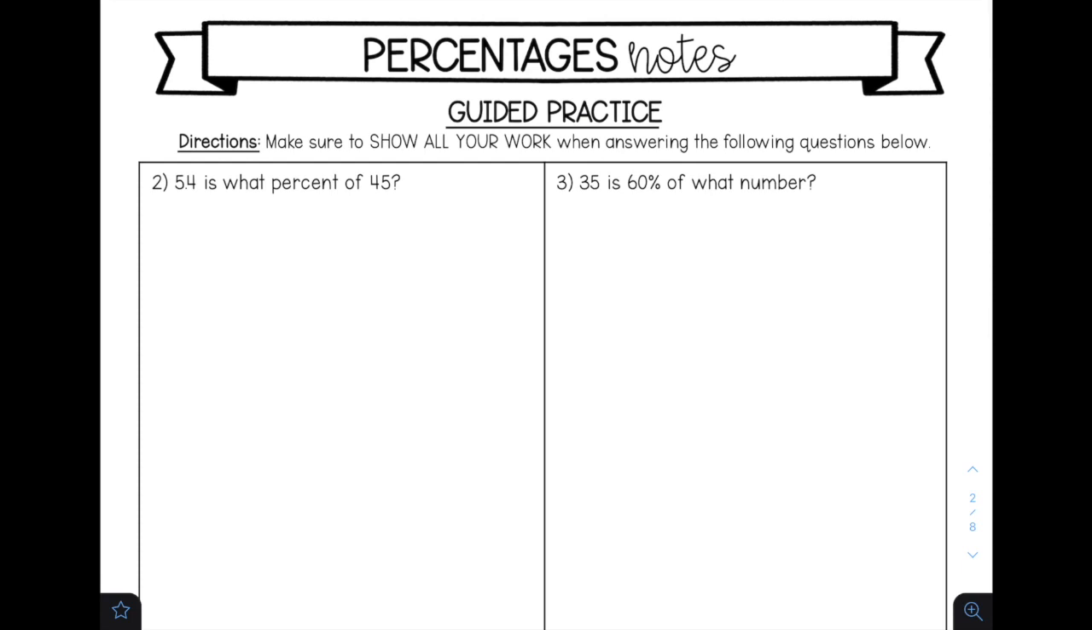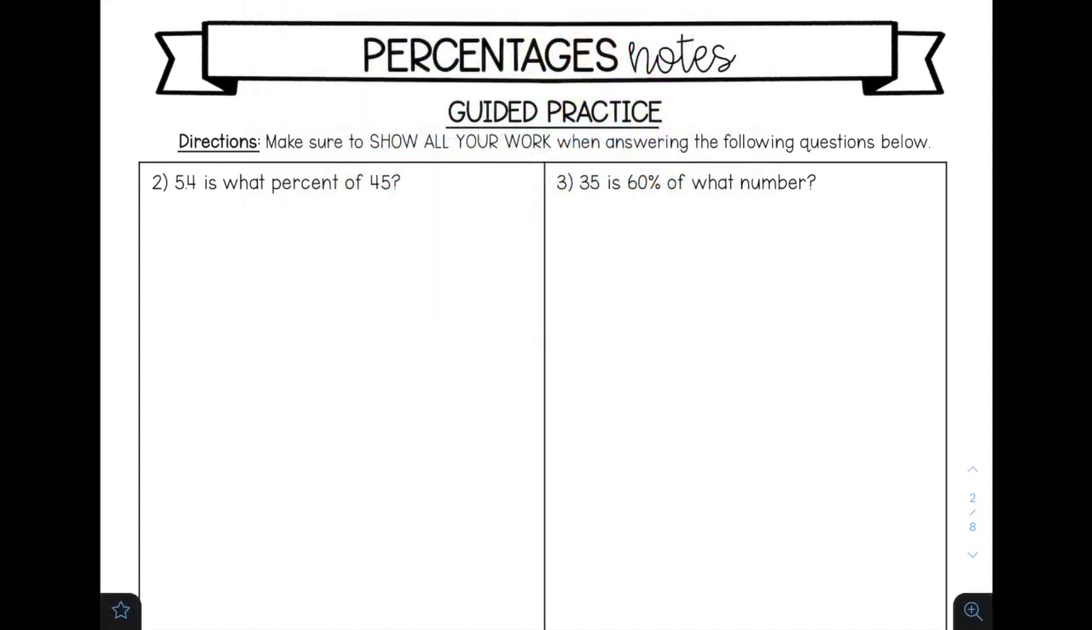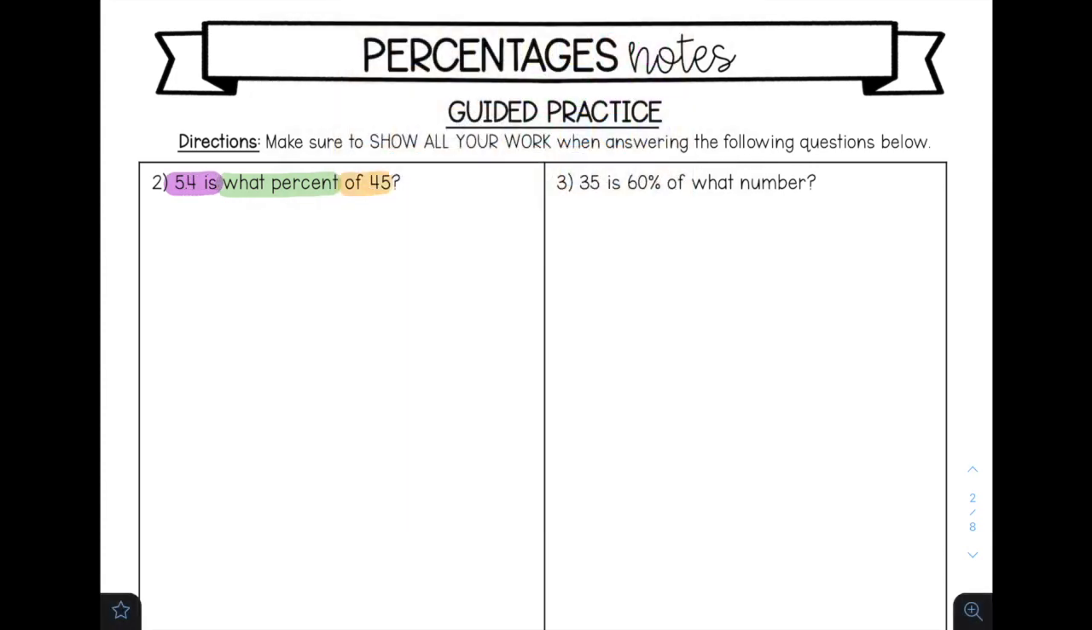Okay, for number 2, we have 5.4 is what percent of 45. So what I notice is that we don't know what percent is given to us. But we are told the part, which is 5.4, and your whole, or the total, or the of, is 45. So I'm going to set up my proportion as,